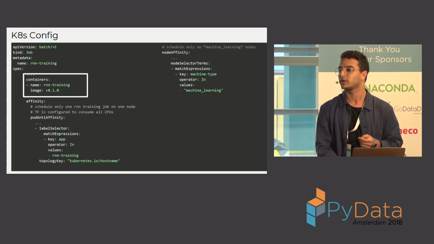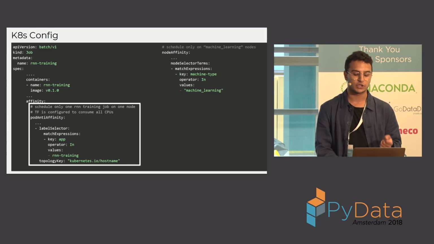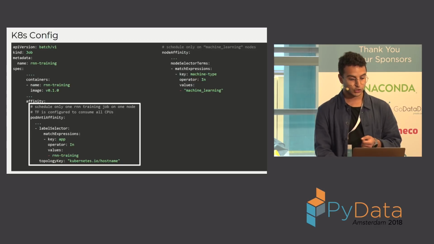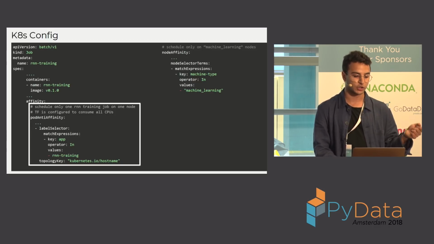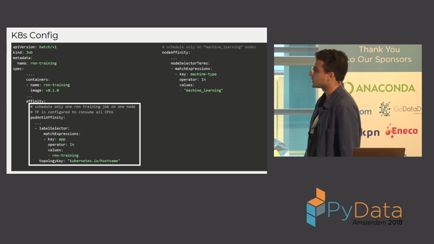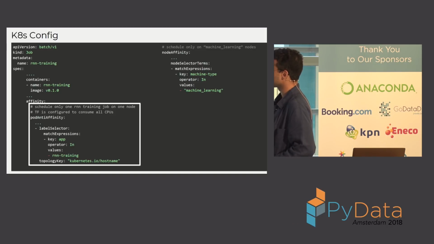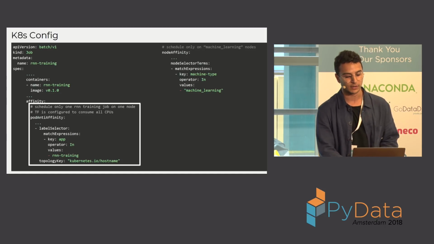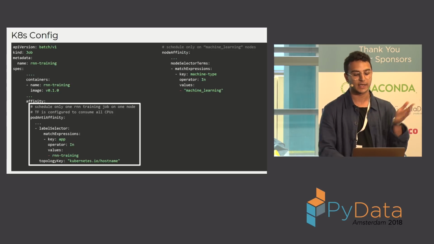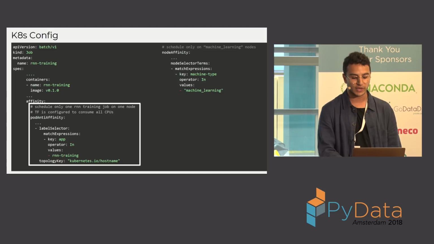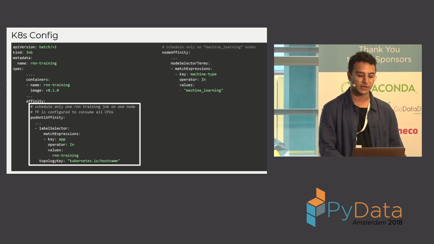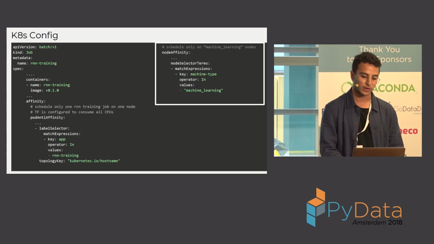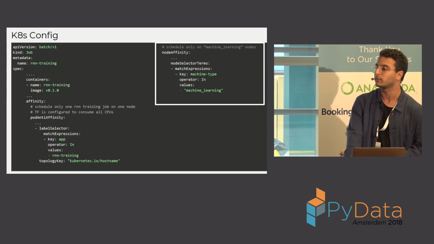Remember the 2 constraints that we mentioned, that no 2 containers can co-occur within the same machine. And we're interested in the machine of type machine learning. So the scheduler only can run 1 training job on 1 node at a time. So in this case, I said, OK, I'm interested in all jobs of type RNN training, which is basically the type of the container I'm running. And then here I said pod anti-affinity, which basically means don't run, so that's a negation, basically. So don't run these jobs together on the same host. Because again, I configured TensorFlow to consume all CPUs. So I don't want them to co-occur and compete for resources. So that's one thing. Another thing is, please run on machine type machine learning.